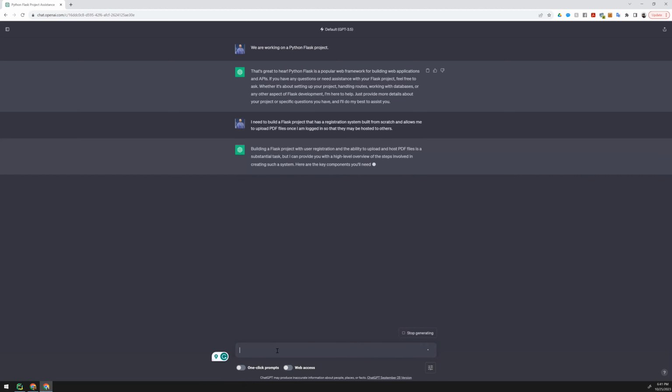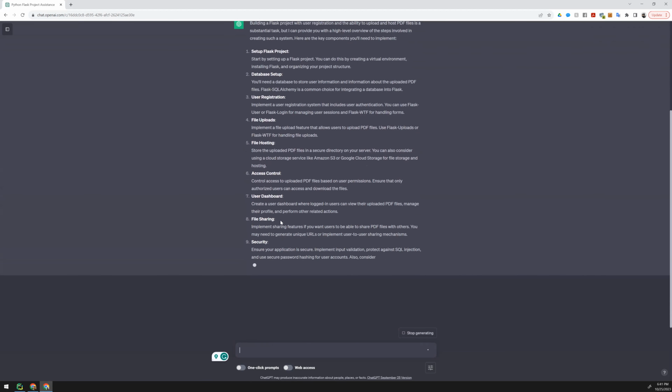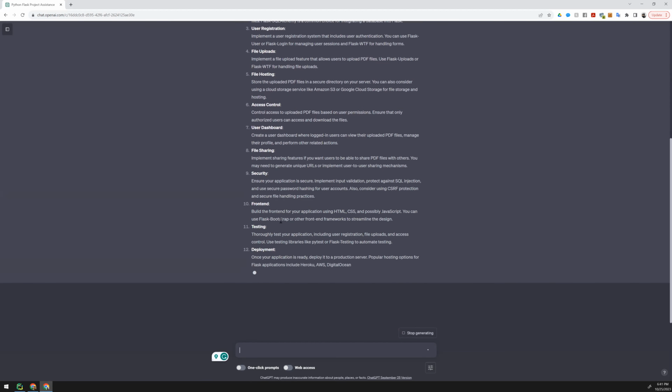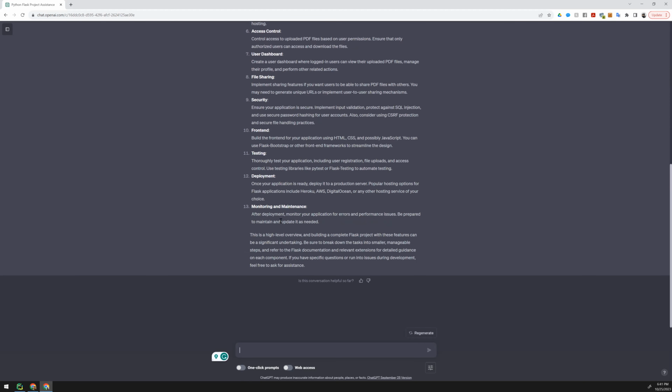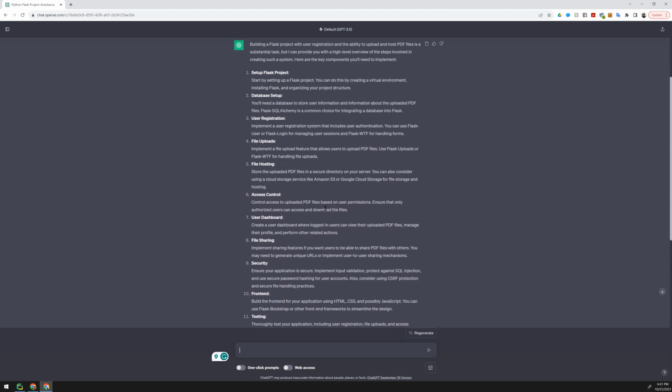Okay. So by setting up that little Flask here, the best part about this is it's going to give them a generalized structure of what they need to set up and some steps along the way. So I like to think of this in phases, and that's kind of how we work with students, is say, hey, chop this up in little phases or little mini projects so we can understand what we need to do. So if we look at the different steps here, it gives us a great outline of what we need to go through. So the first part is setting up a Flask project,